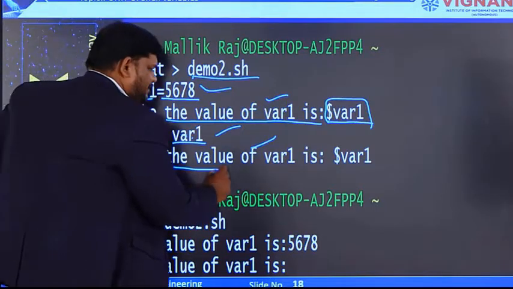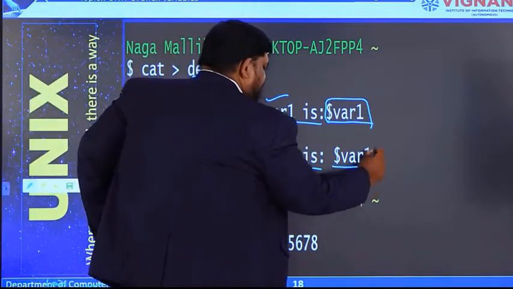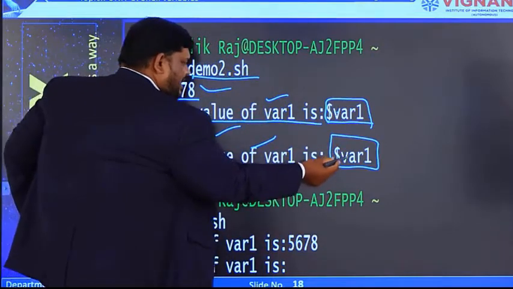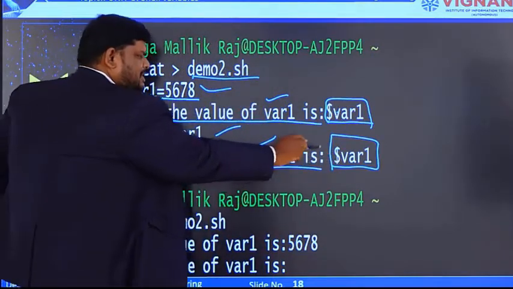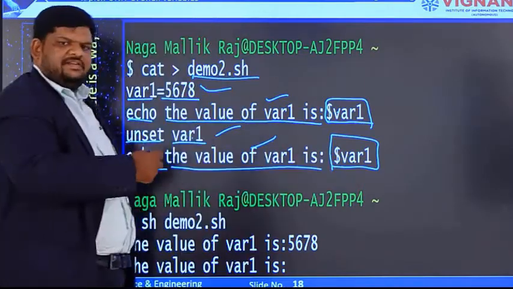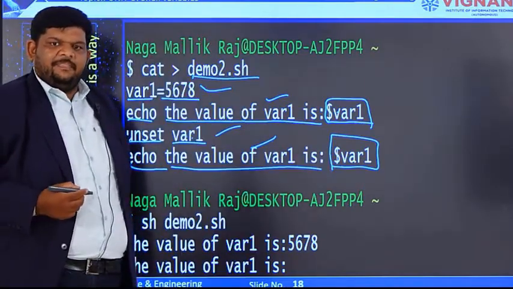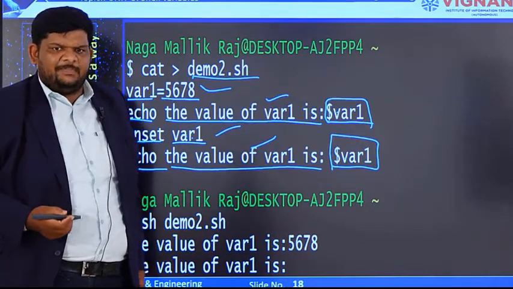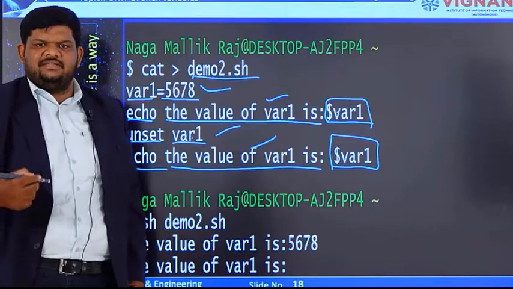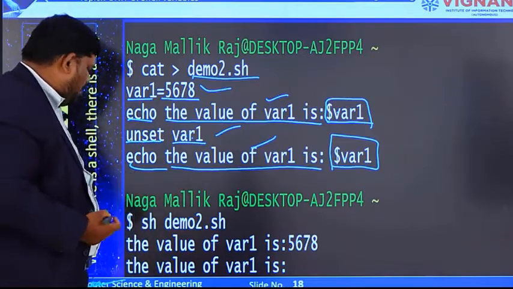Again, echo the value of var1 is $var1. Previously it contained a value, but here we have already unset that variable, meaning we have already deleted it. Now what is the answer here? In the starting session also we saw that null will be present. Why will null be present? Because we already deleted that variable with the help of the unset command. Now let us see the output here.